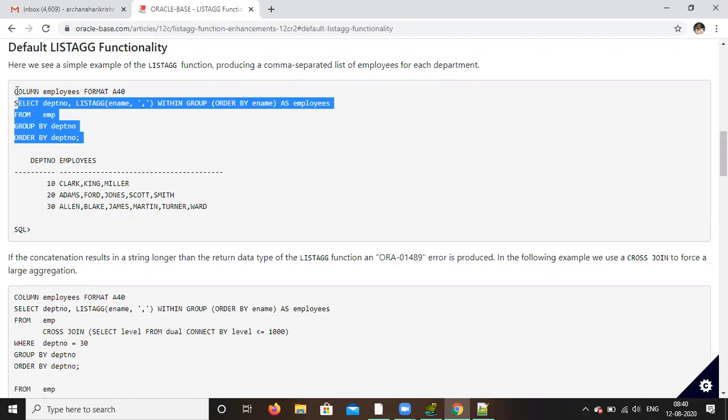Let's say department. Don't select that column, employee, format and all. Select from the select, you copy. Second line.